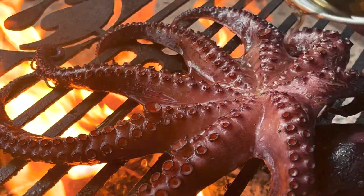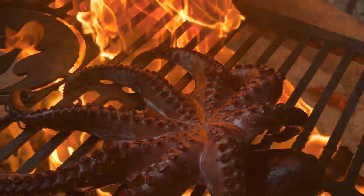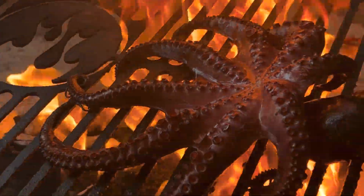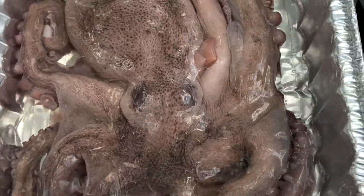Grilled octopus over the open fire. This is legit the best way to cook octopus. Let me walk you through this. Absolutely deadly. So this beautiful octopus we picked up at the HEB in Boerne, Texas, at the Open Fire Texas